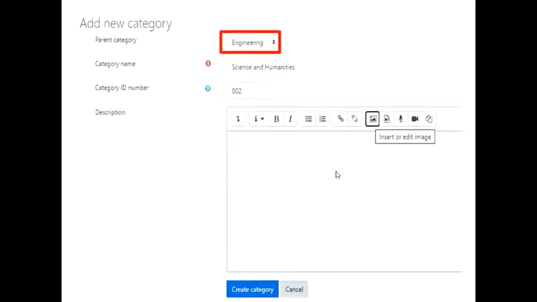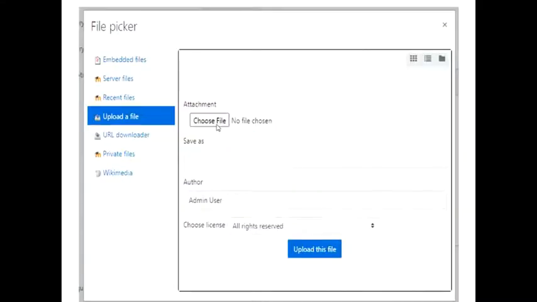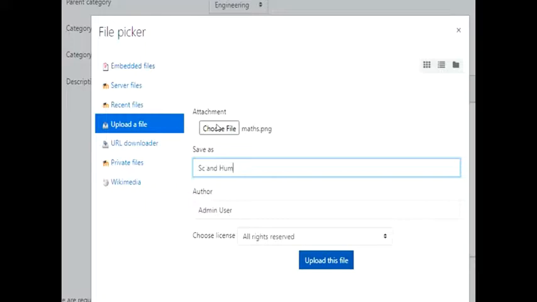So what I did was, first I kept all my images ready. I've created one image in Paint wherein I just put the background full black and then wrote in white, maths. So that was the only image which I pull in later, and I browse the repositories and click on it and choose the file, and the file I choose is the maths file.